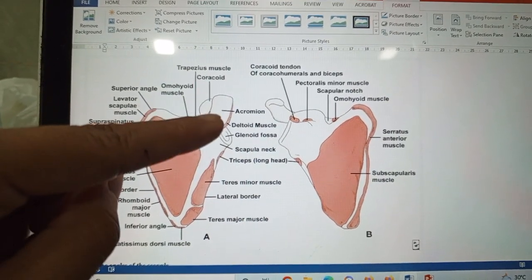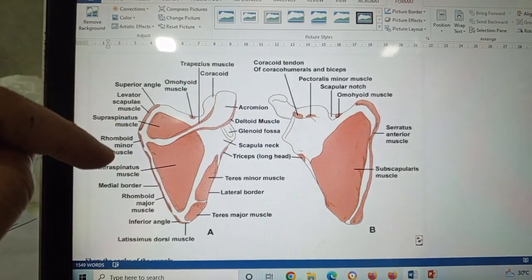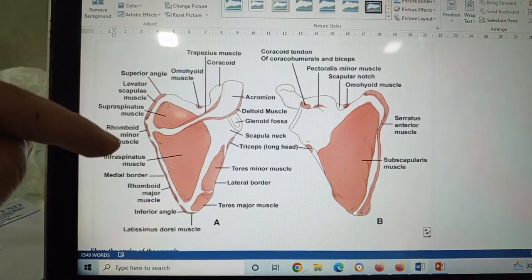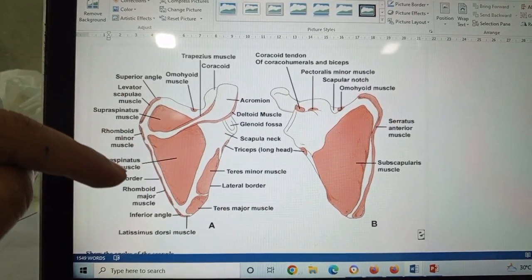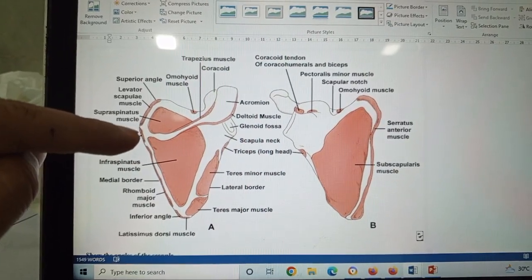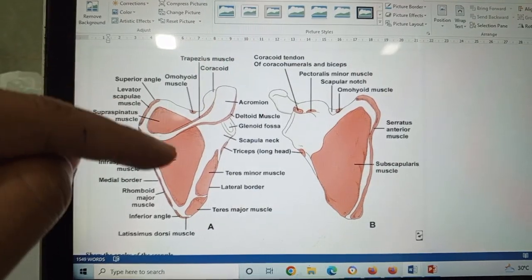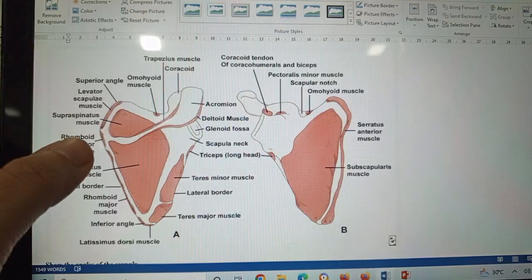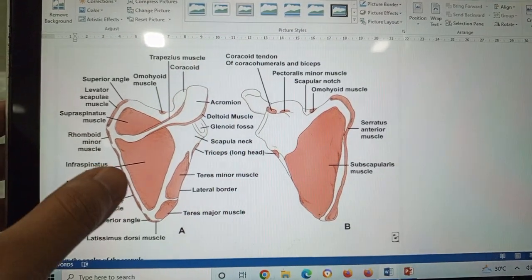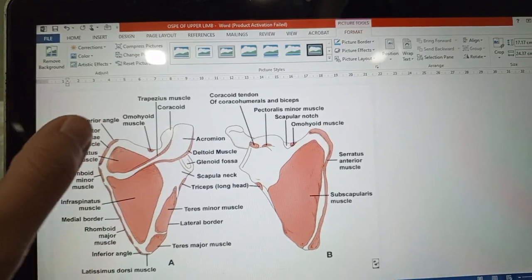Okay, on the acromion process muscle attachment can be asked to you. On the coracoid process muscle attachment can be asked to you like this. Levator scapulae is present on the upper part, and the rhomboid minor is present between these two parts, or the spine, which is dividing it into the supraspinatus and infraspinatus. And this is the rhomboid major muscle. This is the inferior angle, superior angle and the lateral angle, or the glenoid fossa. Okay,